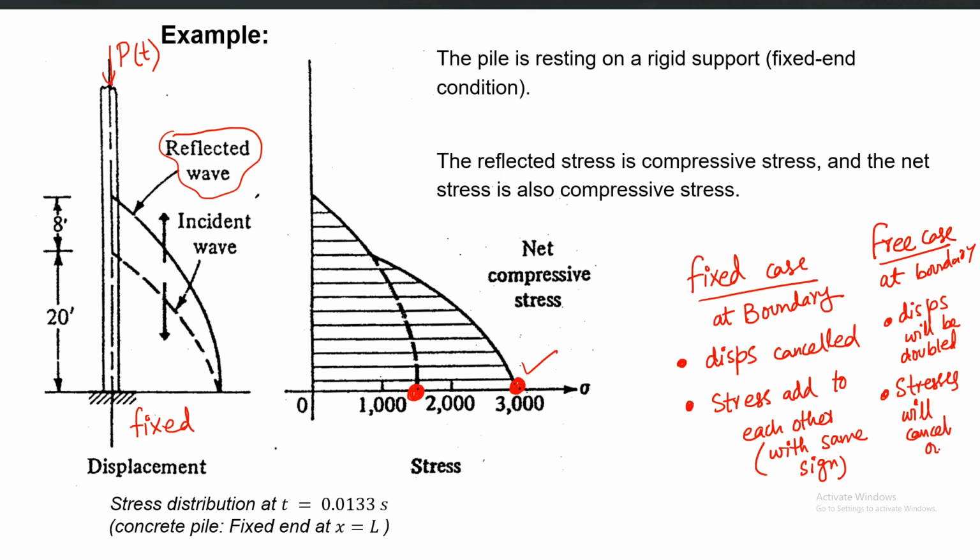Okay. So this is to ensure that the boundary condition is satisfied. The boundary condition for the fixed case was that u at L comma t is 0. The free case boundary condition was that stress at L comma t is 0. So we applied these two boundary conditions to get these two conclusions. So let's see the case of the free end.